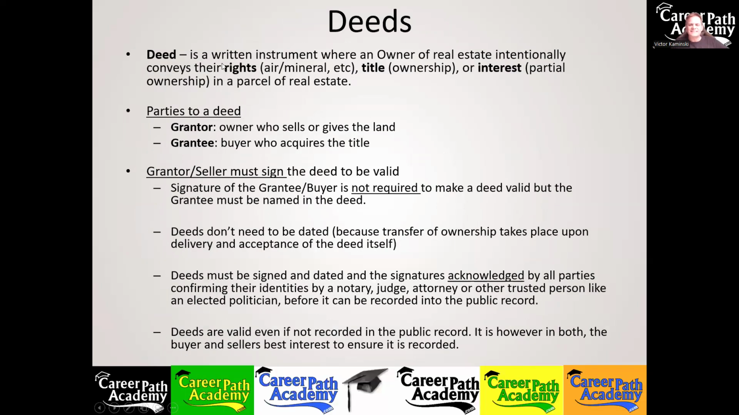All right, now a deed. Okay, so we're done right now. We're done with the legal descriptions of land. The rest of this chapter now talks about deeds and the anatomy of a deed. Okay, so